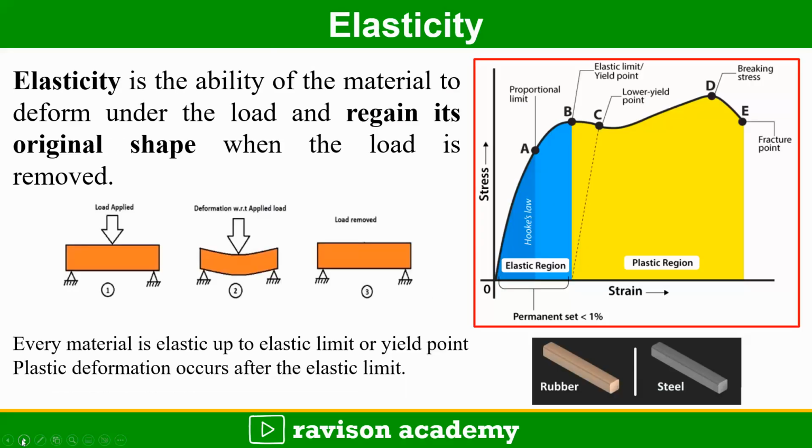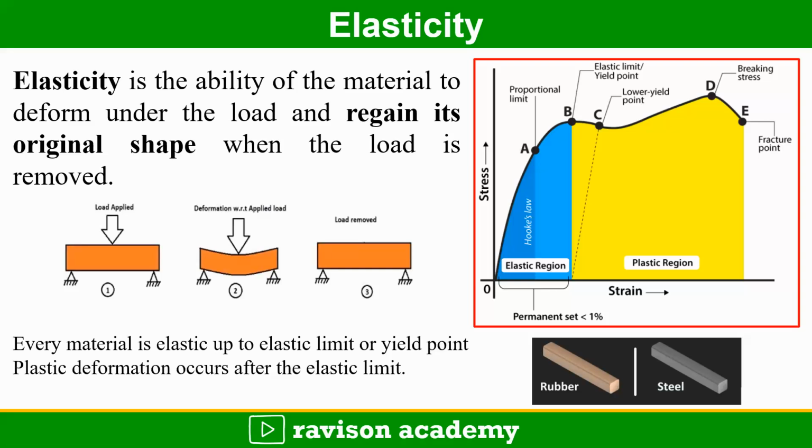So coming to the elasticity, we know that elasticity is the ability of the material to deform under the load and regain its original shape when the load is removed. Consider a body: when the load is applied, the body deforms, it changes its shape and size. Once the load is removed, the body comes back to the original position. So the property of restoring it to the original position is called elasticity,